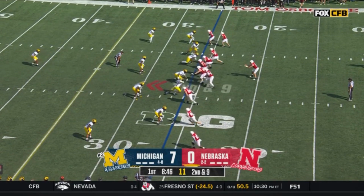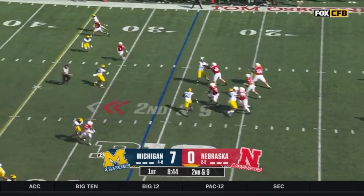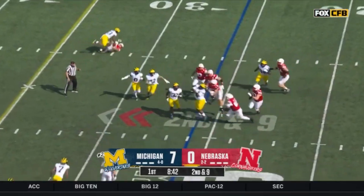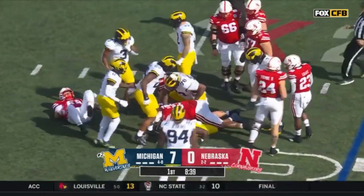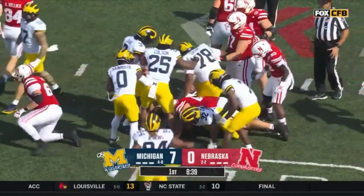On this particular play here, he's able to get around the side, get the ball up in the air, and come back to the ball and use his soft hands that he has as a big man in order to corral the interception. He's not a guy who will make too many picks, but he has the hands in case